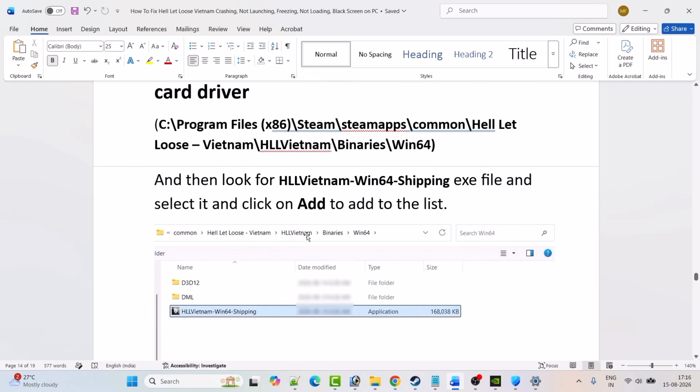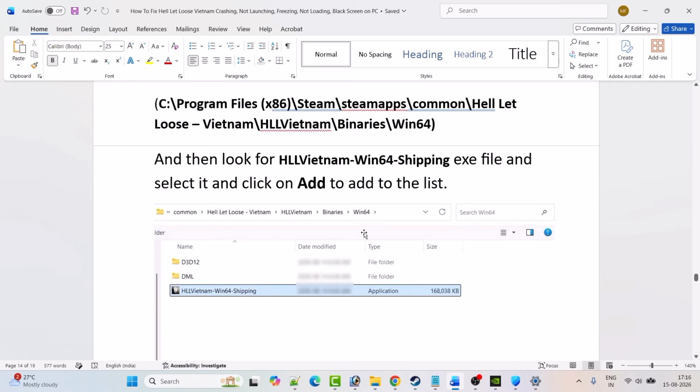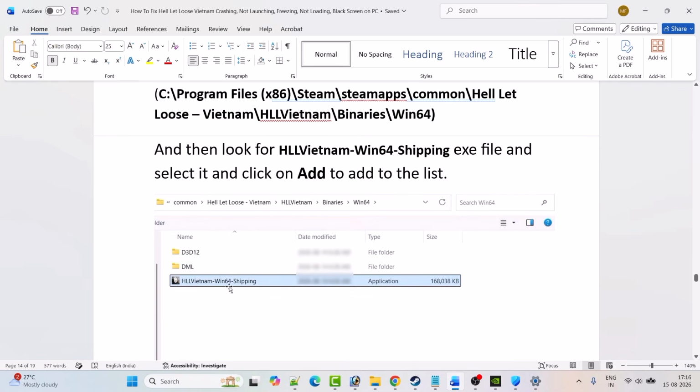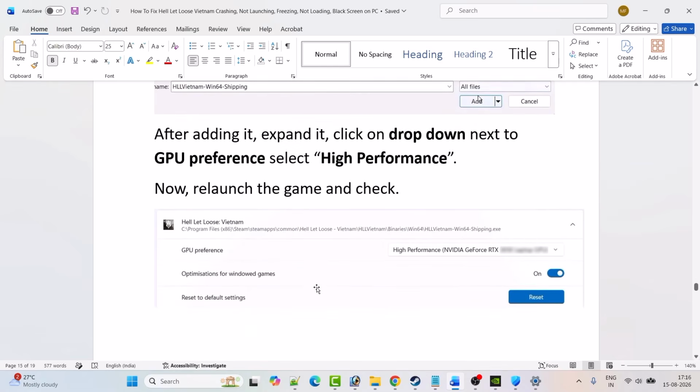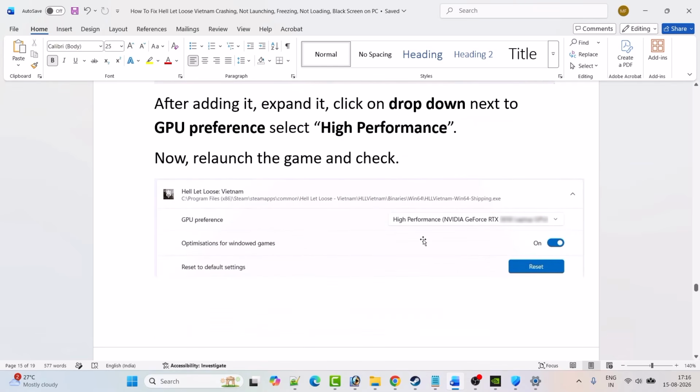Open the HLLVietnam folder, Binaries folder, Win64 folder. Select the HLLVietnam Win64 Shipping exe file and then click on add. After adding it, expand it, and then next to GPU preference, click on this drop down and select high performance, and also make sure optimization for windowed games is turned on, and then you can go ahead, relaunch the game